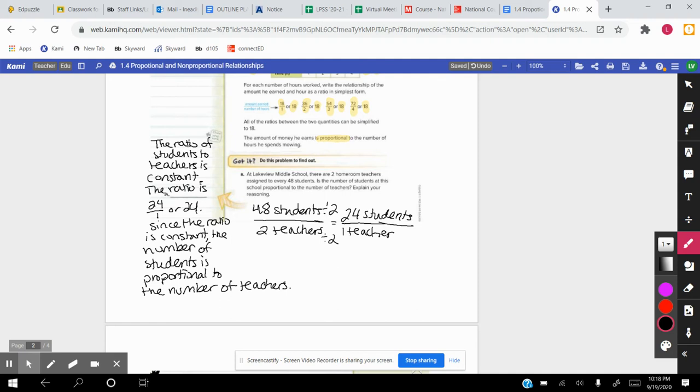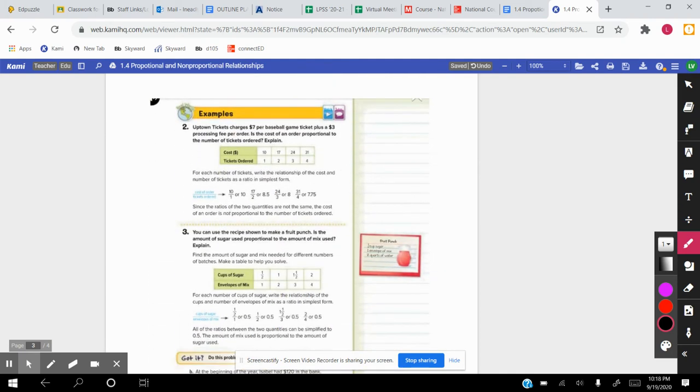All right, we're going to go ahead and continue on to the next example. Example 2. We have Uptown Tickets that charges $7 per baseball game ticket plus a $3 processing fee per order. Is the cost of an order proportional to the number of tickets ordered? And explain. So 1 ticket order costs $10. 2 ordered tickets are 17, 3 are 24, 4 are 31. So for each number of tickets, write the relationship of the cost and number of tickets as a ratio in